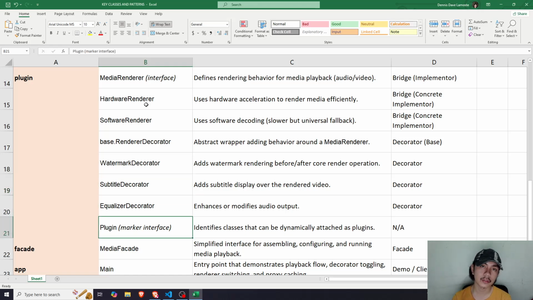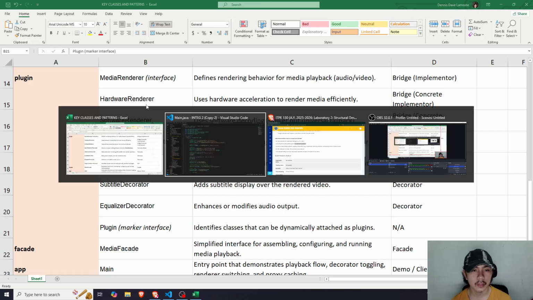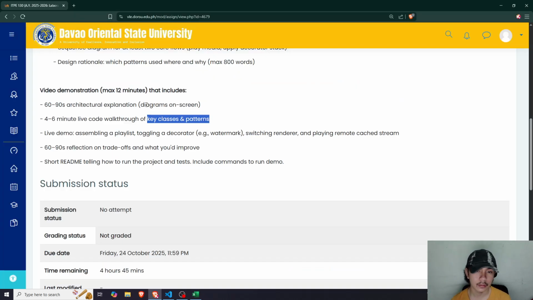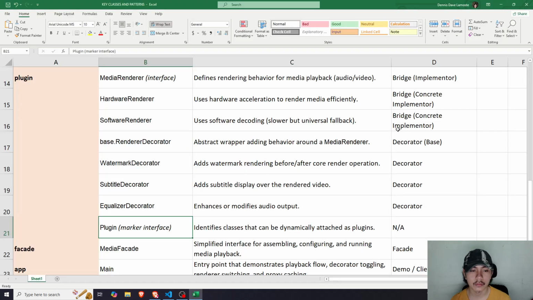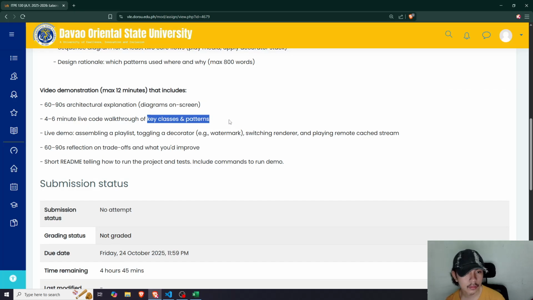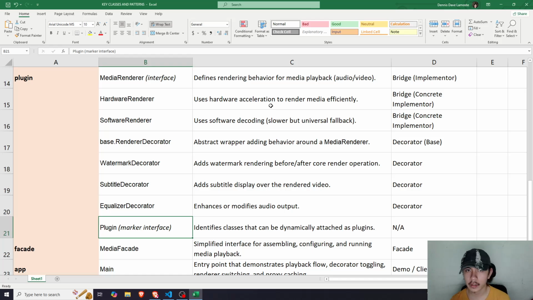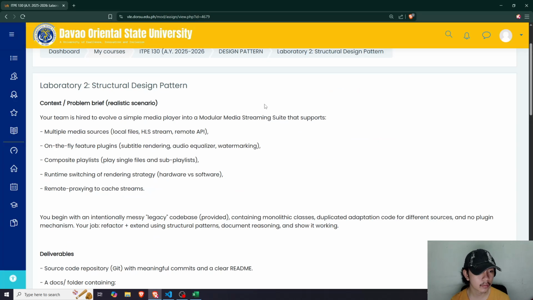We also have a plugin, as we have seen here. I think it's here somewhere. Plugins.